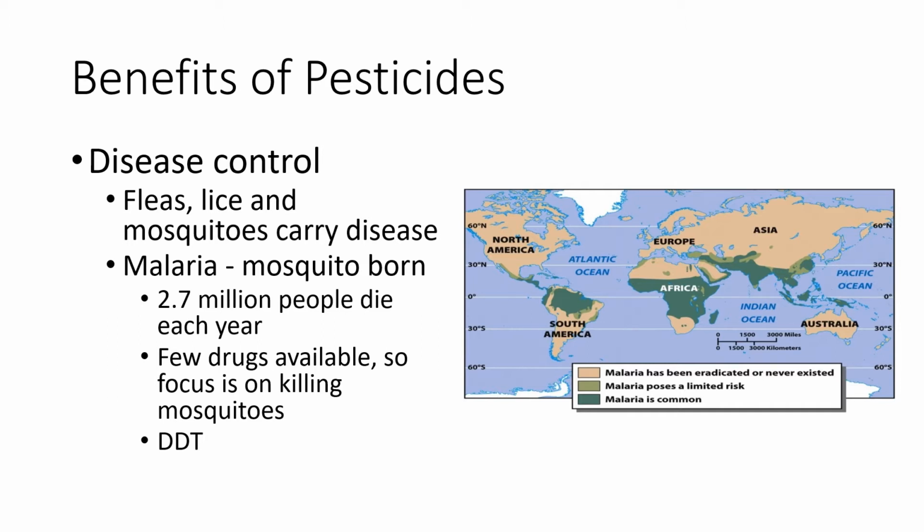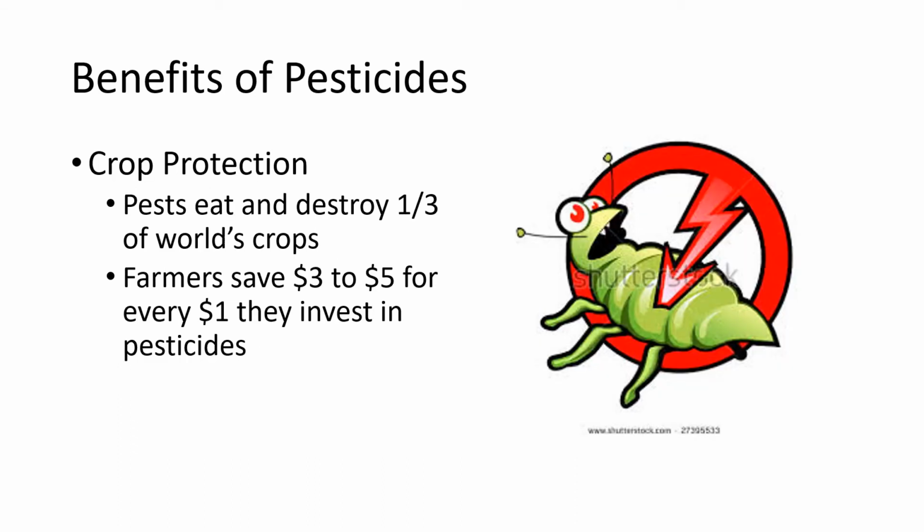And of course, malaria, which is why we really started using DDT, because people die from malaria. It is not a fun disease. It protects our crops, so pests can destroy our crops, and so this saves us from losing money as a farmer. When I say us,